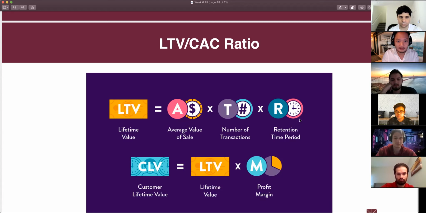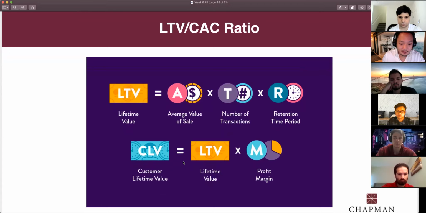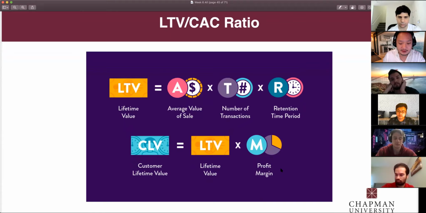Your goal in running a business is to increase repeat business. Think about a restaurant. Let's say the average value of a sale for each customer that comes in is about $30, and maybe each customer comes in 3 times a month. You want to keep them coming as long as possible. It's the same formula whether it's subscription or non-recurring revenue. Customer lifetime value, this is slightly modified. You're just trying to figure out your take home, your profit margin after you account for the lifetime value of a customer. So this all integrates with margins, lifetime value, all that jazz.